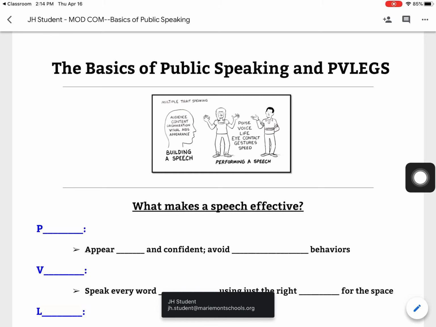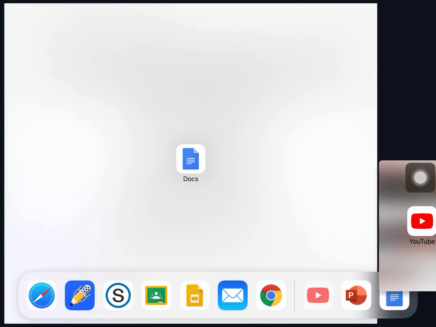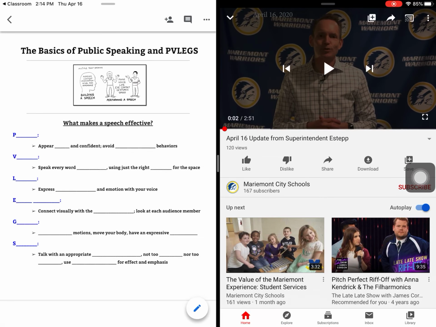I always like to go into the print layout. And then what I would do, again, is split screen. So I just would say, let's say I'm going to go to my YouTube app. I am going to grab that app and I am going to split my screen. So you could be watching me present this at the same time as you are typing over on one side.